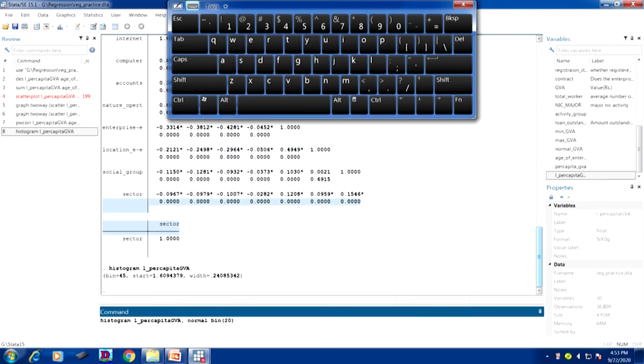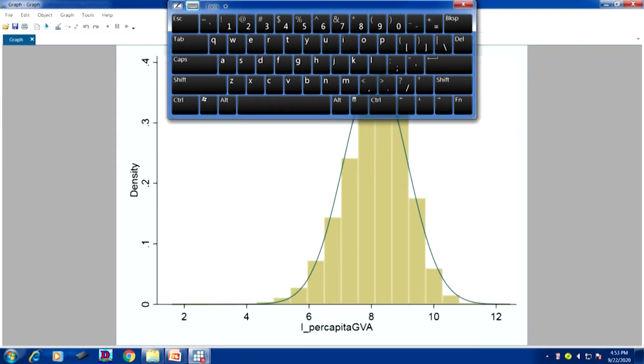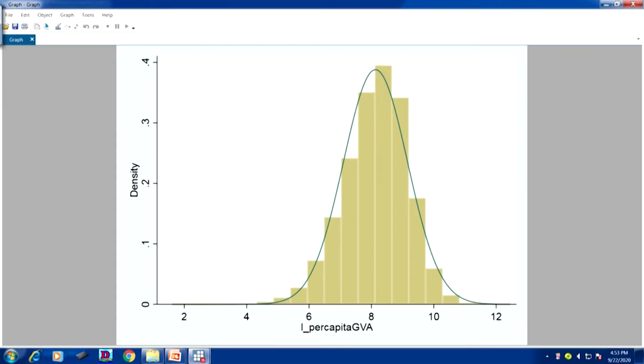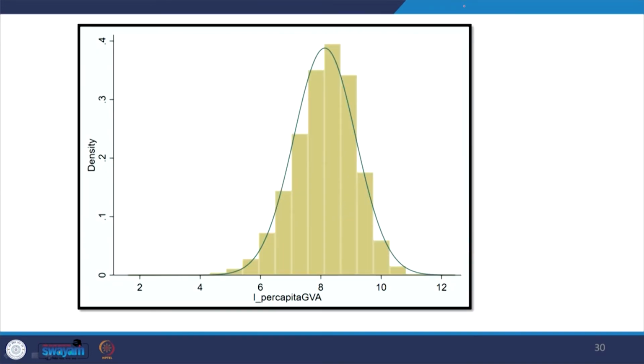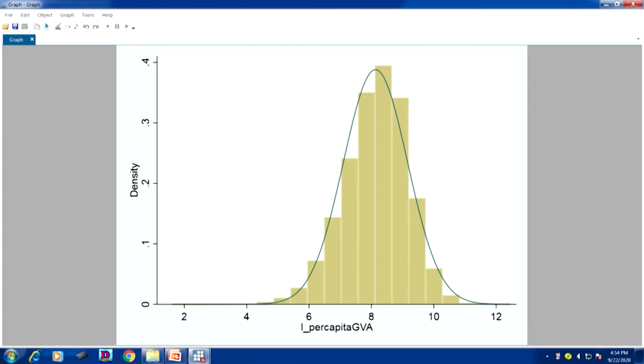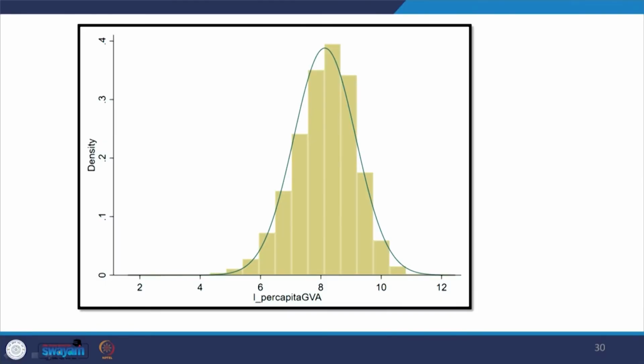All right. Now, you will get the normal plot of that particular variable, that is the dependent variable we are supposed to take, the log per capita GVA. It seems that the dependent variable is approximating a normal distribution, and one of the reasons it is near normality is the log transformation of the GVA. The original GVA is generally not normally distributed. Okay. So, now let us move on to understand some other details. I have to close this, then only it will work.